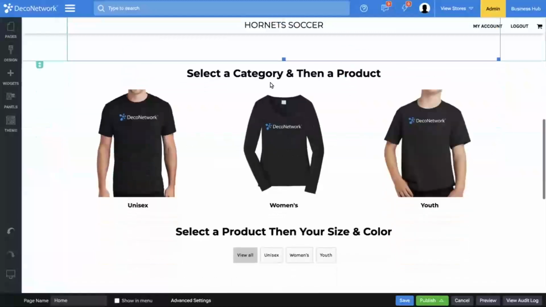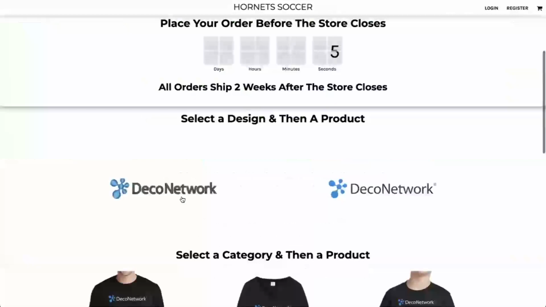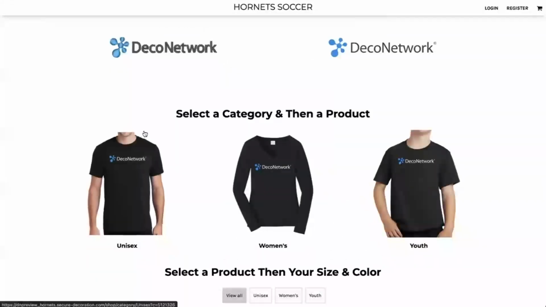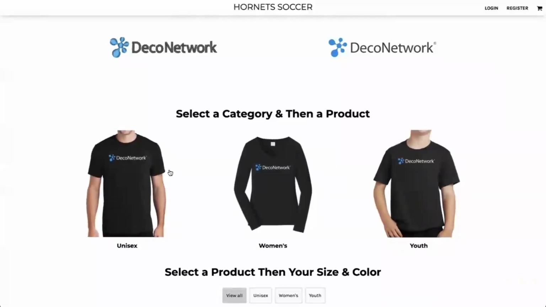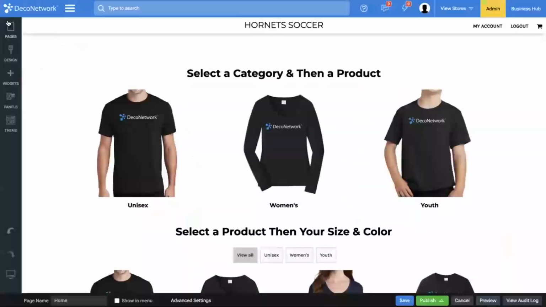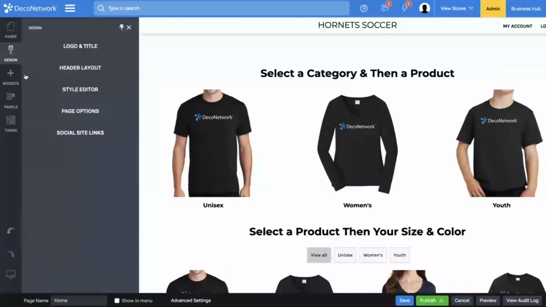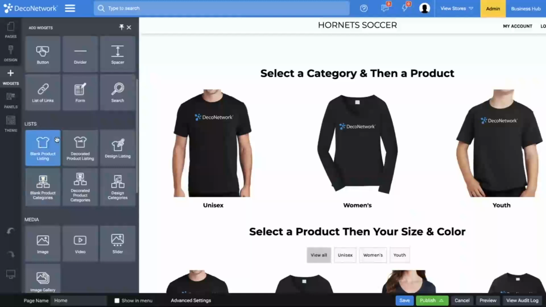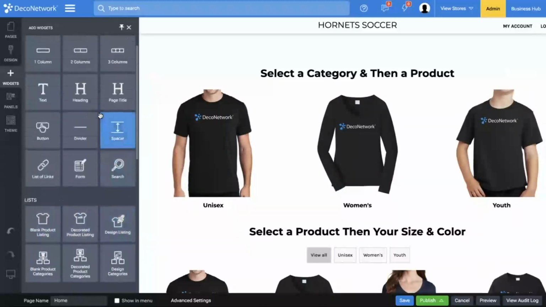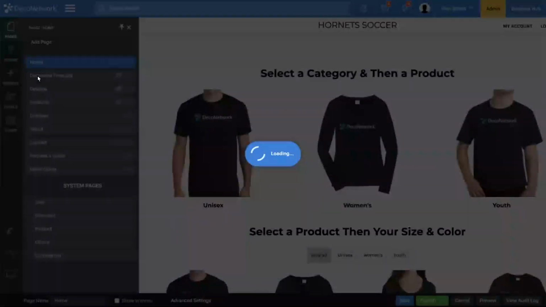So we did designs. Now it's category. So if the customer selects a category, this is because this widget is tied to the pre-decorated product page. That's where we're going to go. So I select a category. We're on the category page. So come back to pages. You see these little three icons. These are system pages. These three icons, pages, are directly linked with blank products, decorated products, and design listings and categories. So on the decorated products page,